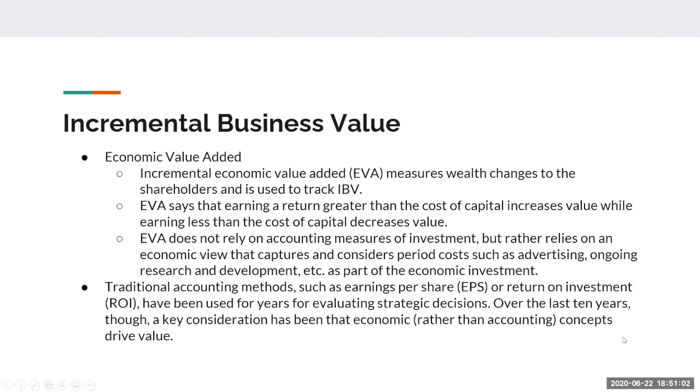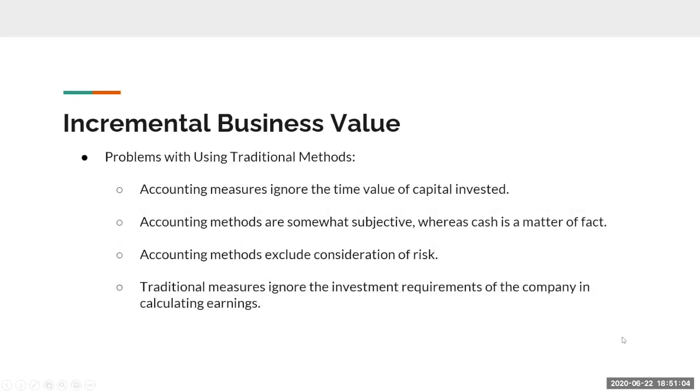So if we want to go on to the next slide, for lack of time here, just know that there are several problems that the text pointed out that come along with using some of the traditional accounting methods. Some of those being that they ignore the time value of the capital invested, they can be subjective, and they exclude the consideration of risk. One point that I thought was interesting is that managers may be motivated to manipulate accounting figures in some of those methods. So that's just pointing out that there are some problems that come along with using these methods. If we want to go to the next slide,